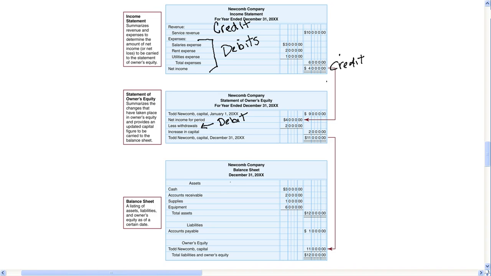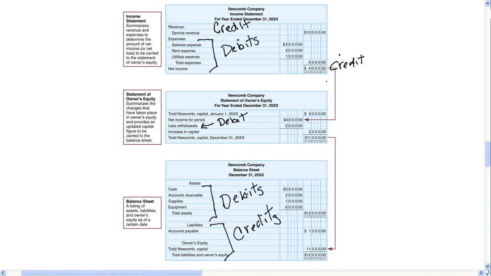The balance sheet is much simpler. We have larger groupings of accounts. All assets normally have debit balances, and our liabilities plus our owner's equity are credits. So once again, the financial statements aren't showing us debit and credit